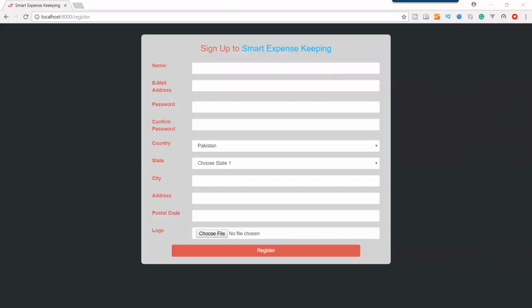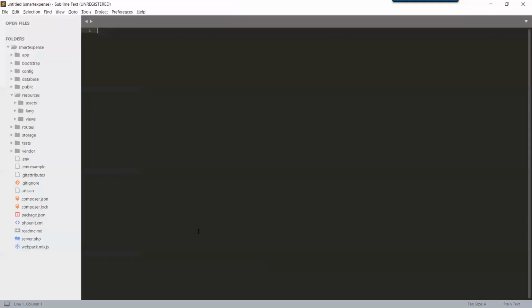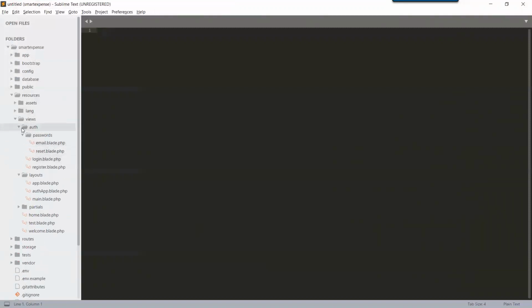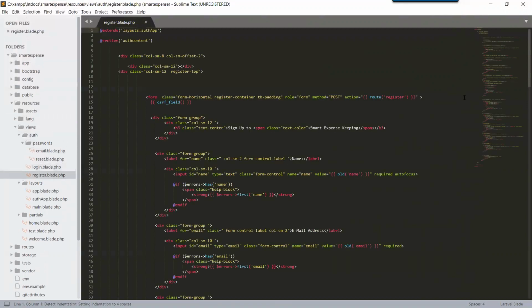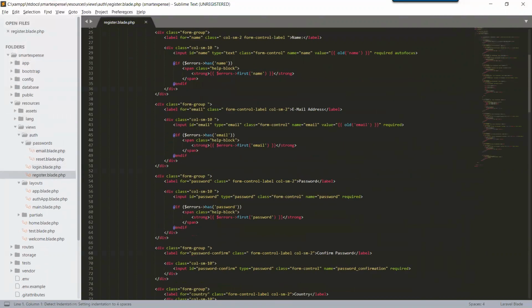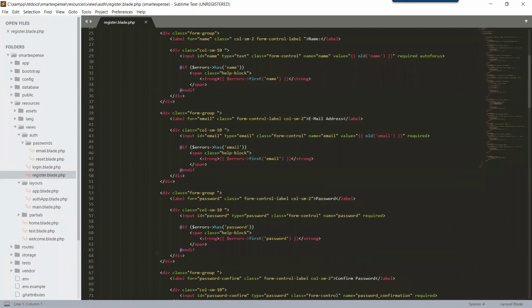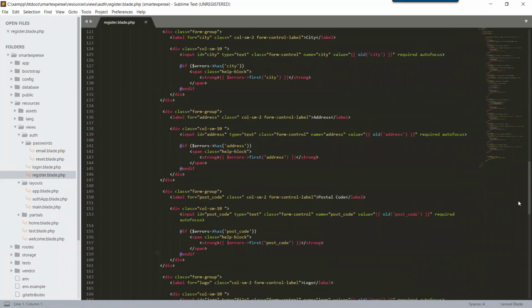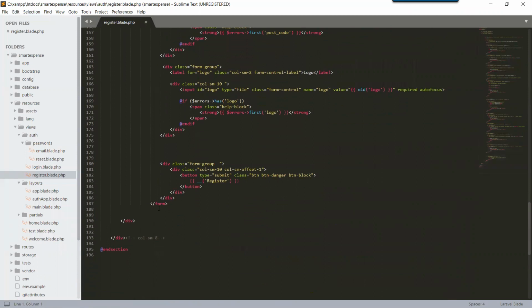So this time we are going to customize our email, and before customizing the email, we have to give the link to our sign-in page, our login page. So let's quickly add this link and come to our views, and in our auth we have a register. So in the register, at the bottom of the form,